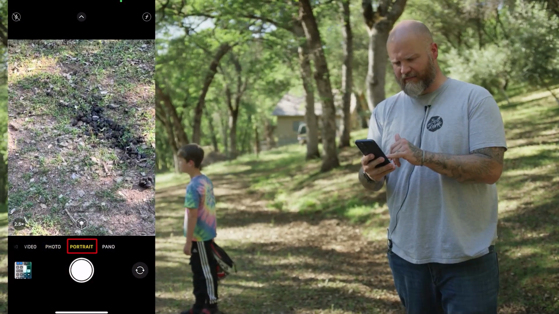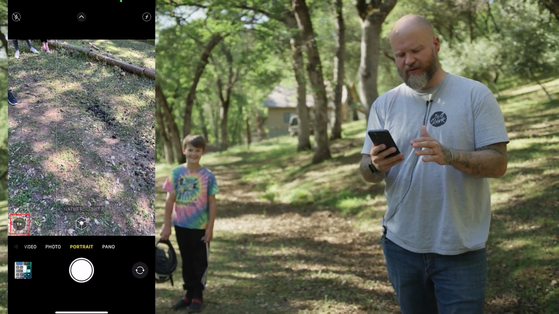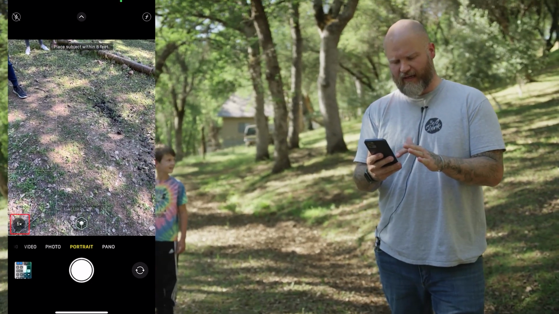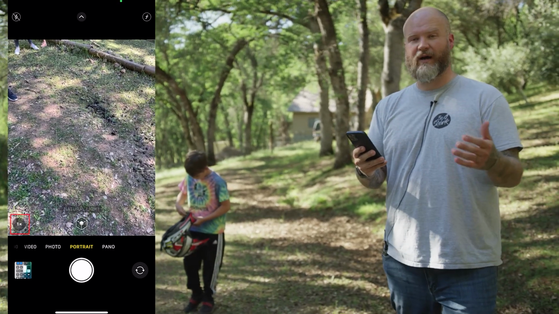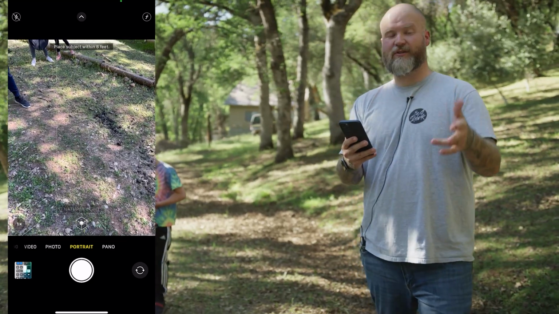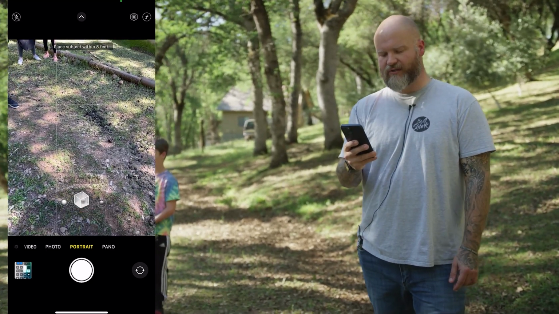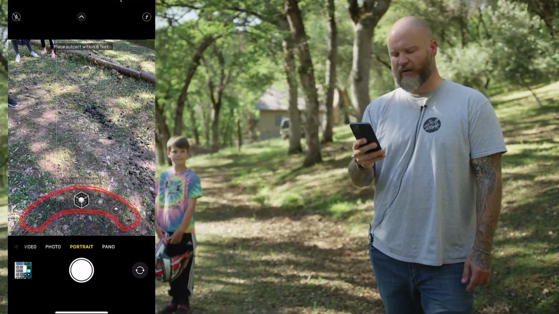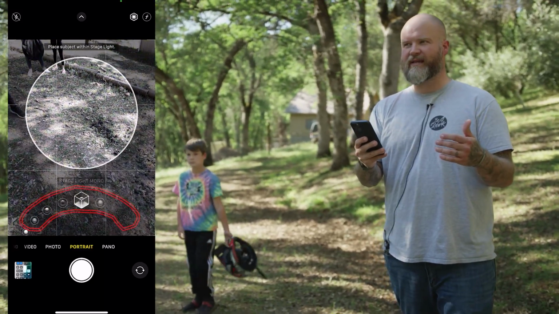You'll notice that you can change what lens you're using on the left-hand side there. It's either the 1 or the 2.5. Unfortunately, you can't go as wide as the 0.5, but usually the 1 and especially the 2.5 looks really good for these. So you can run your thumb along the bottom. It'll change the different ways it's going to